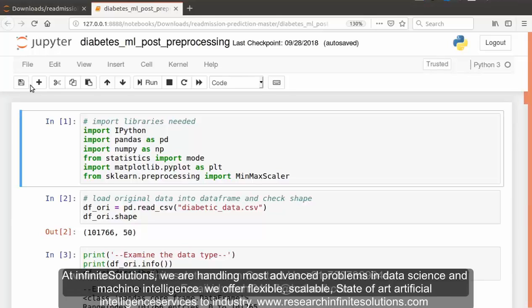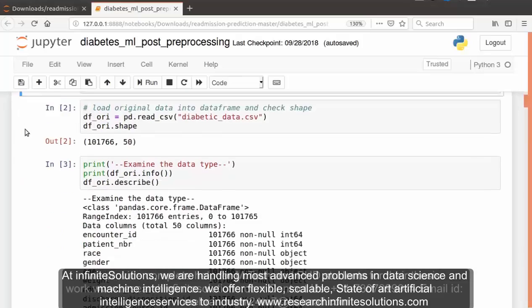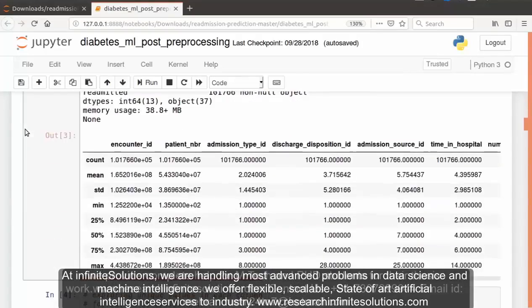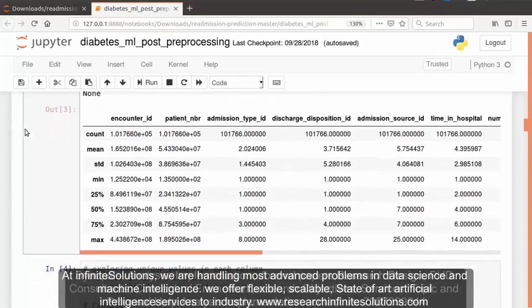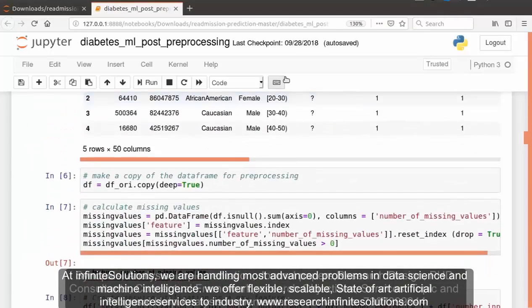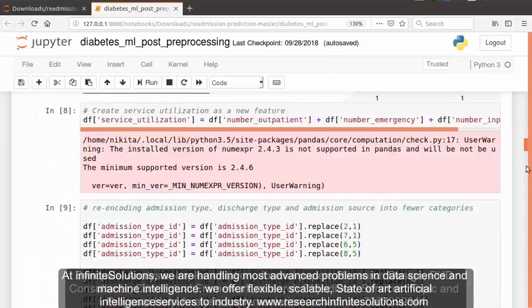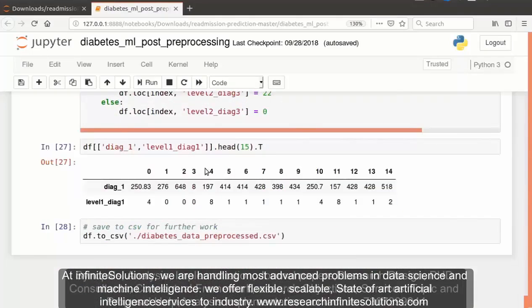So in the data pre-processing and feature engineering technique, first of all we have cleaned the data, that is we have dropped the bad data and dealt with missing values. Also we have modified the existing features using standardization and log transform methods, and we have created new features from the existing ones as well. So here we are done with the data pre-processing.